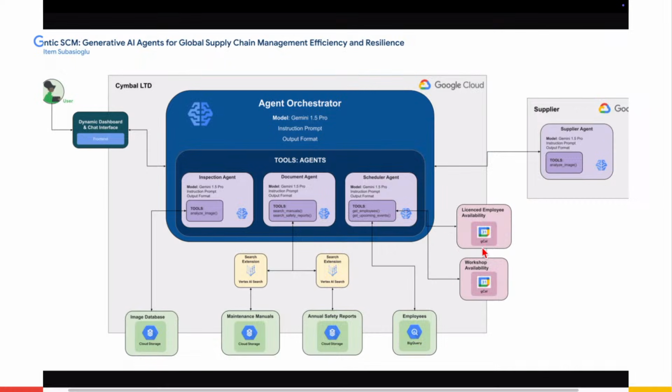So what it can do essentially is then to look for the employees' availability. What we also tested out is in a supply chain scenario, of course, having an agent that's essentially outside of our organization that lies at a supplier that can give us information about the bill of materials and all of the tax information, essentially. We're going to skip this part for today's demo. So we're going to focus on this one, and I will show you how we set this up solely using Gemini's control generation feature.